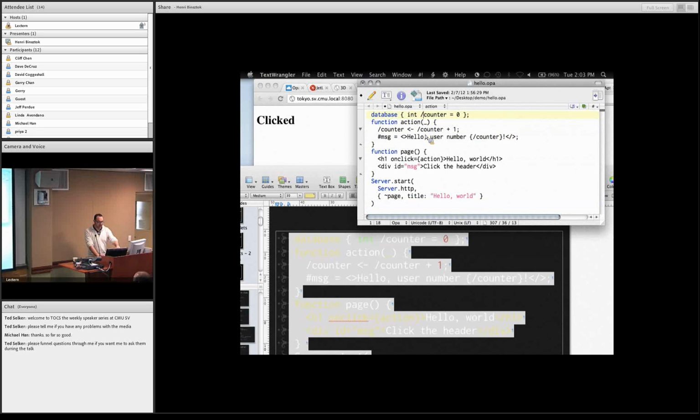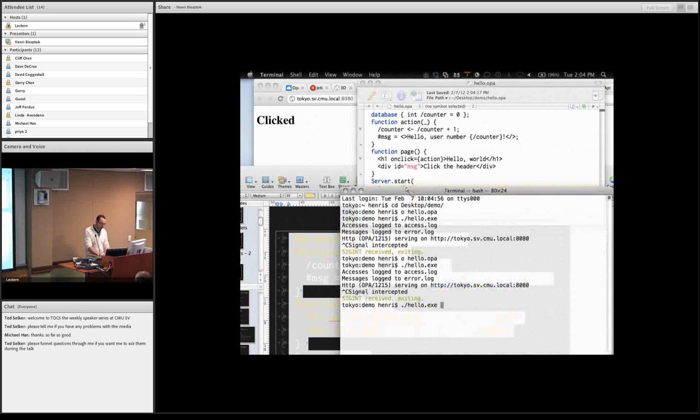Here we declare a database with a counter which starts at 0, and then we have the action function, which, like previously, changes the text in the interface, but also at the same time updates a counter in the database. The function page is about the same as previously, and starting the server is the same as well. So here I compile my new application,